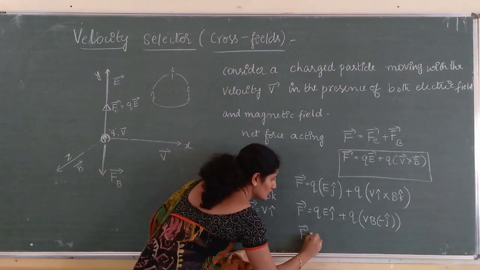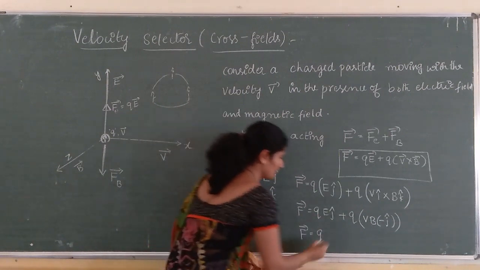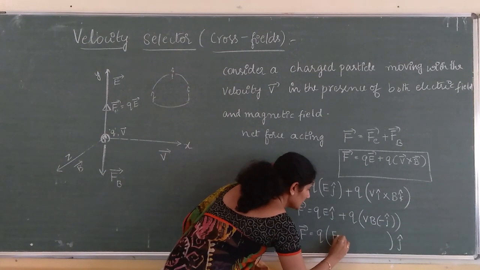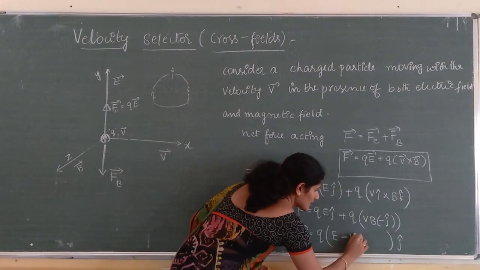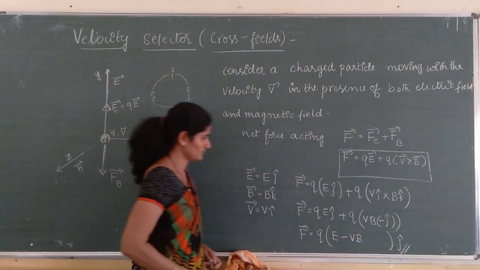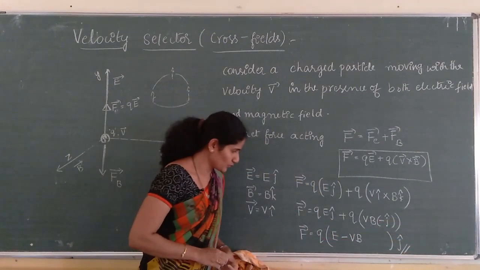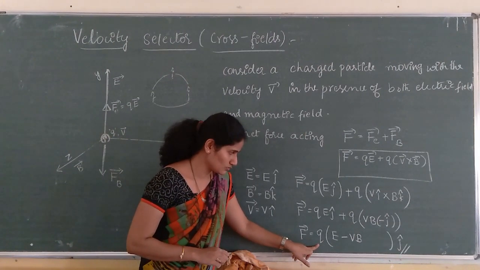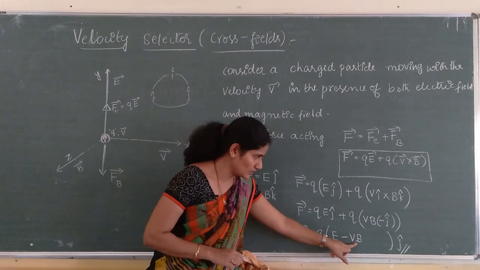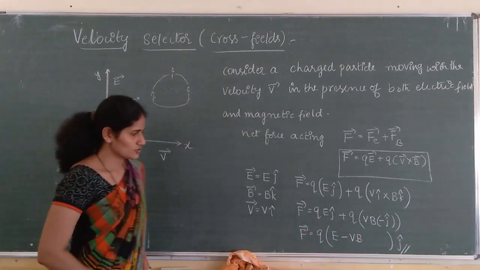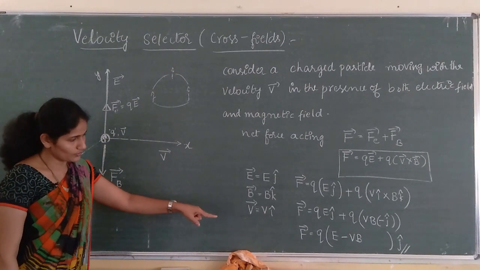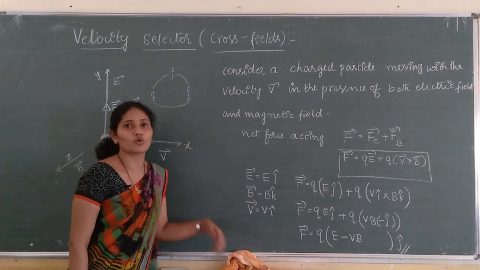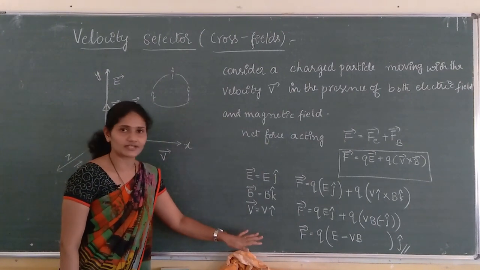Therefore, F vector is equal to Q is common, j cap is also common, here E minus VB. F vector is equal to Q(E minus VB) into j cap. So, this is the expression for net force